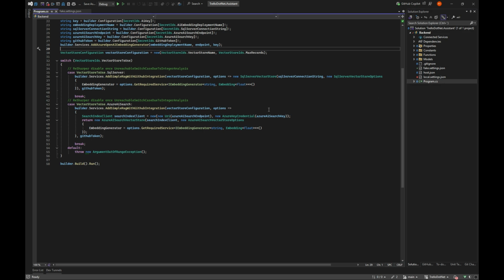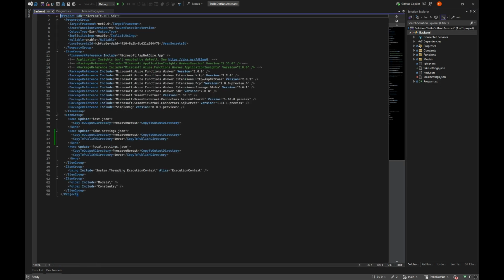And that Azure function has a few NuGet packages. It uses its own NuGet packages, and then it has the MCP part. But I also use Semantic Kernel, as you know from my previous videos. And in order to store it in the vector store, I either have SQL Server or Azure AI Search. This is because when I run locally, I actually use a local SQL Server, and when I run online, I end up using the Azure AI Search, so I don't need to pay for an online SQL Server.